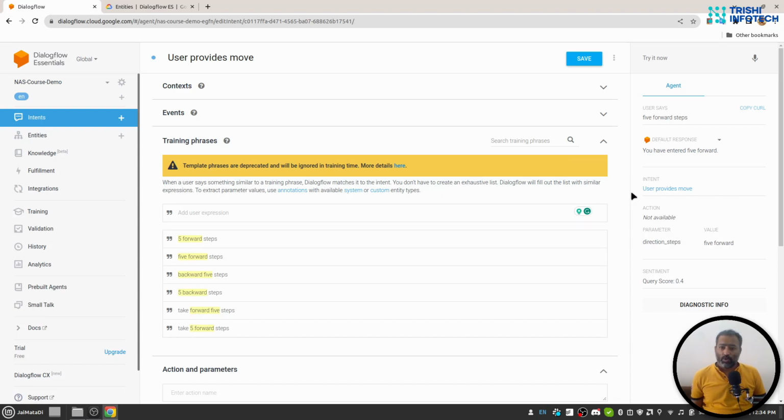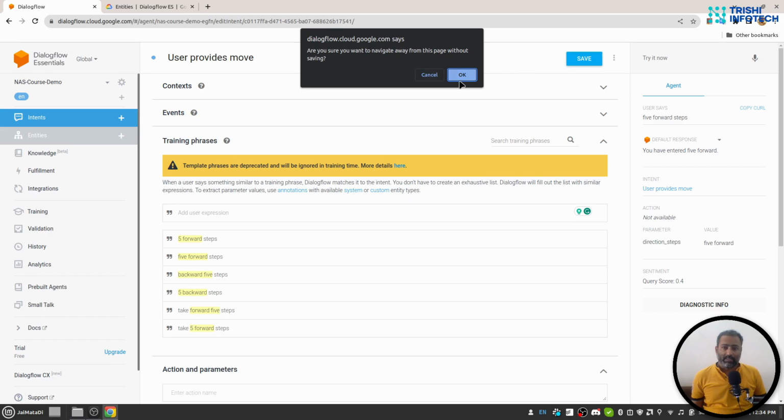In the previous video, we understood how to create a composite entity, and we did this step where direction and steps are converted into one value. Now, in this video, we will convert this value into an object. For that, I'll go to entities